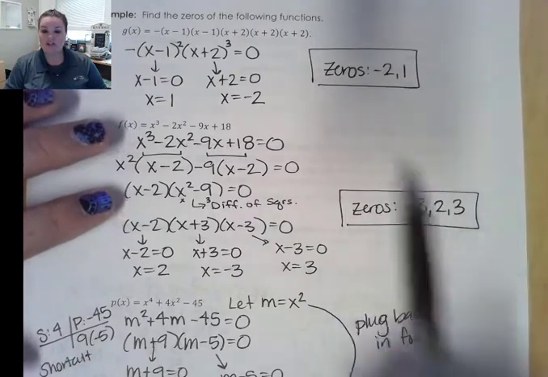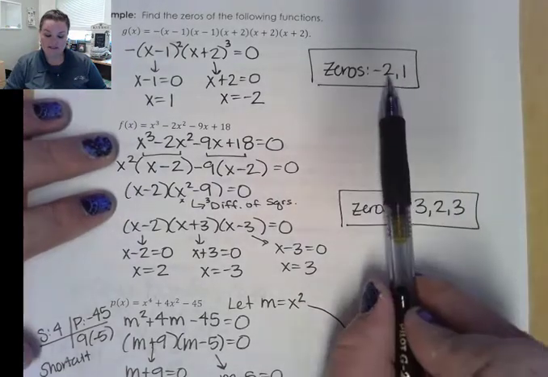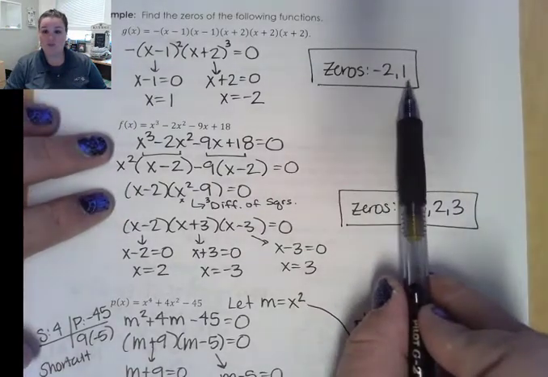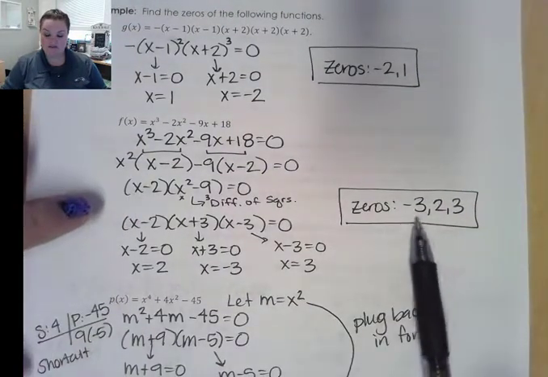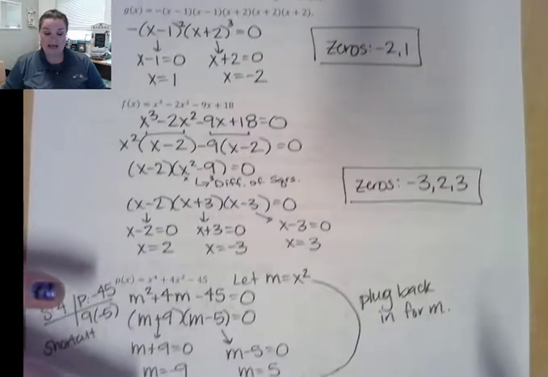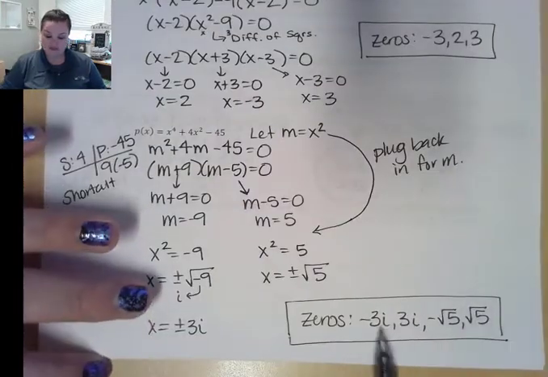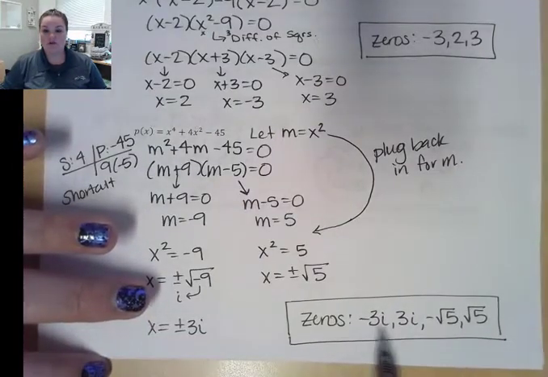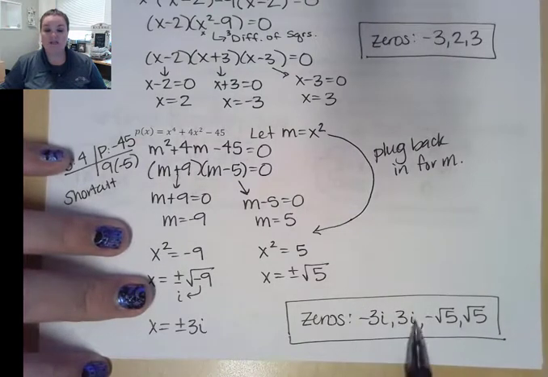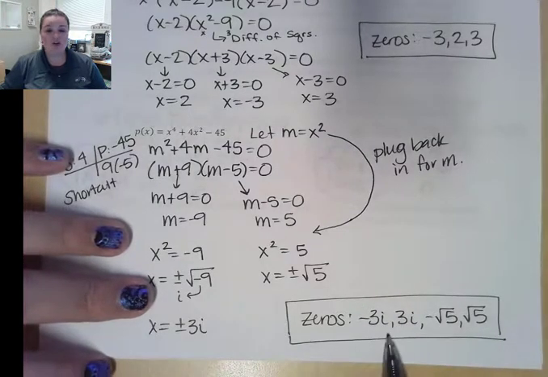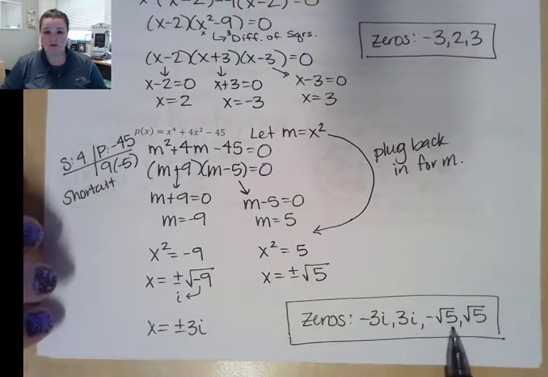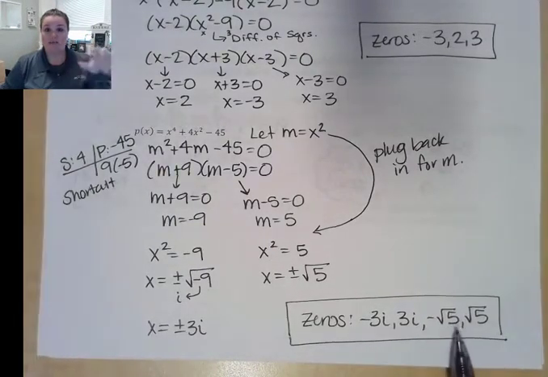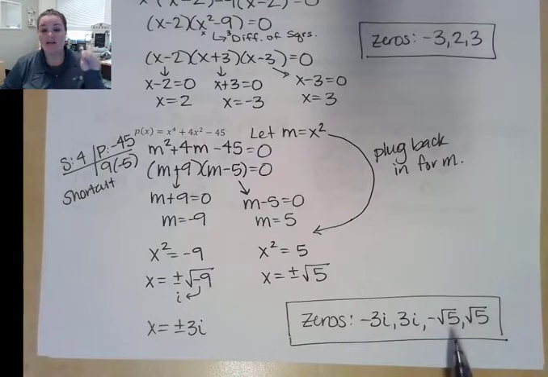So these are actually going to be our x-intercepts. That means this one's going to touch or cross at -2 and 1. This one's either going to touch or cross the x-axis at -3, 2, and 3. But on the last one, I ended up with 2 complex answers. So while these are zeros, these are solutions, they're not going to be x-intercepts, right? Only the real number solutions are going to give us actual x-intercepts that we can graph and determine if they